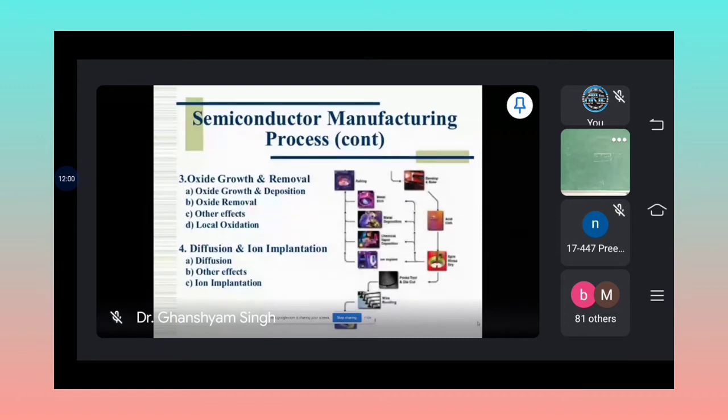A typical ingot is about 1 or 2 meters in length. It can be sliced into hundreds of smaller circular pieces called wafers. Each wafer yields hundreds or thousands of integrated circuits.